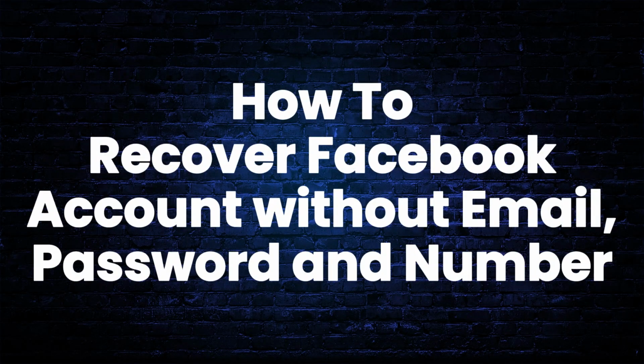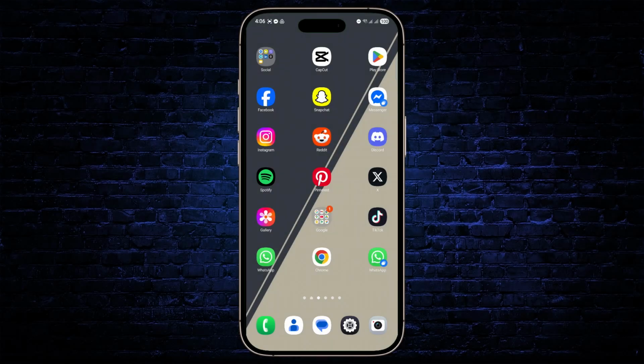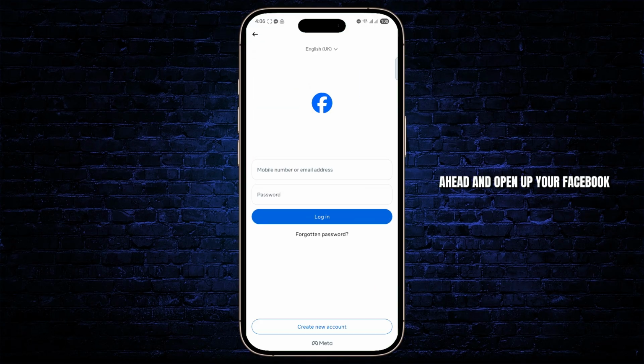How to recover Facebook account. Hey everyone, in this tutorial I'll show you guys how you can easily recover your Facebook account without email or password. So the first thing you're going to have to do is go ahead and open up your Facebook,